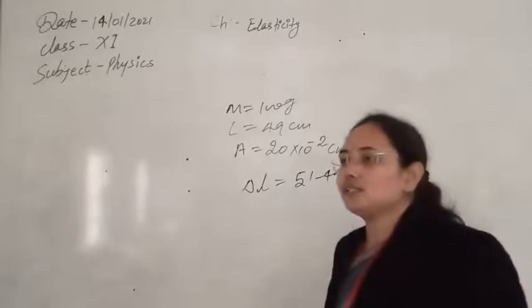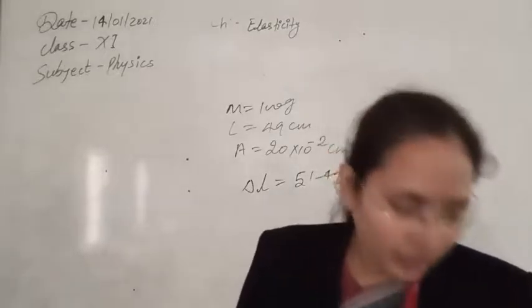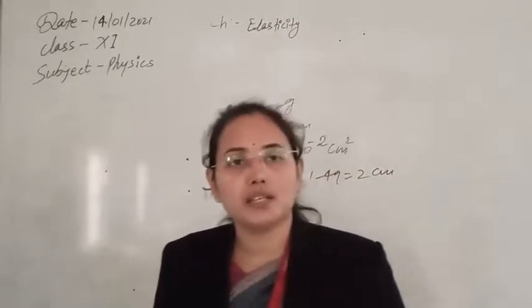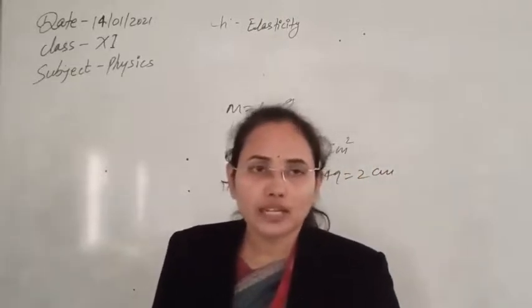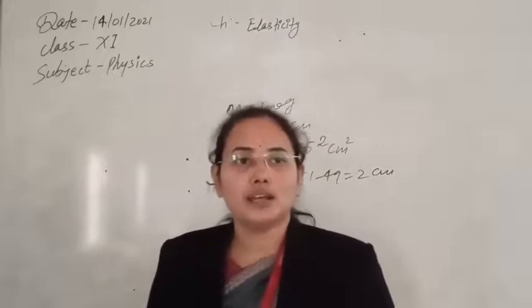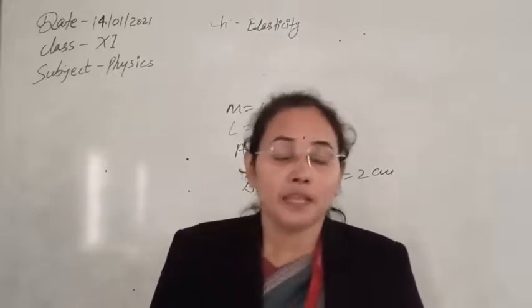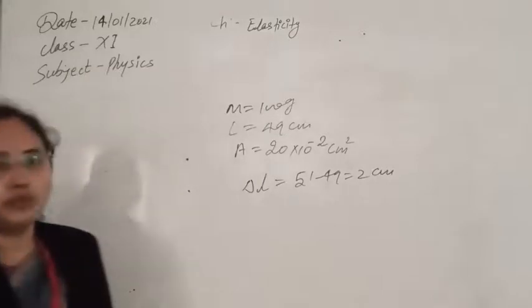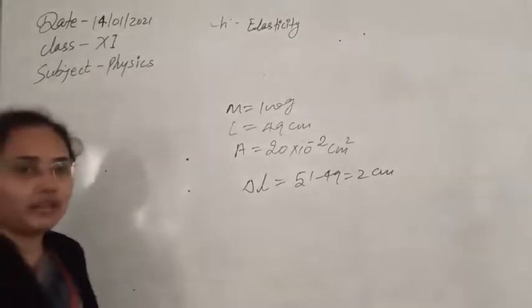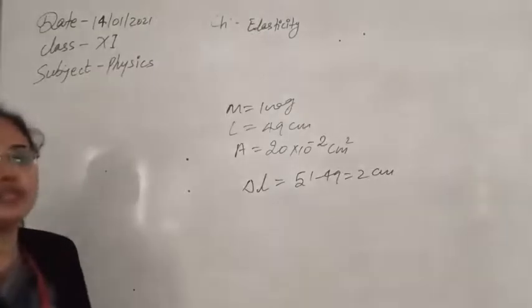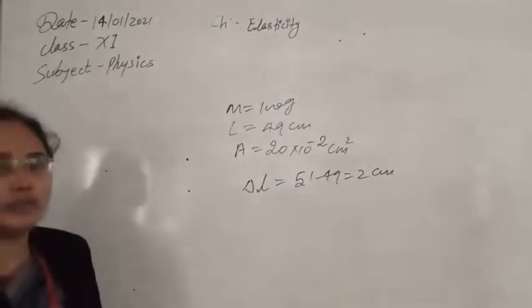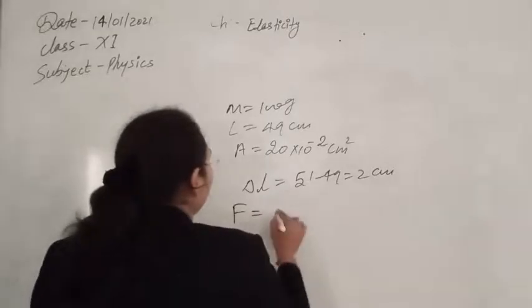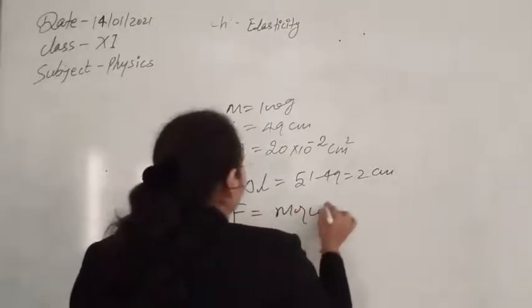Now one more piece of information is given. The wire is reeling round at the rate of 40 revolutions per second, meaning frequency is given. So we can now calculate using this data. First of all, the force stretching the wire is obviously the centripetal force, which has the value F equal to m r omega square.